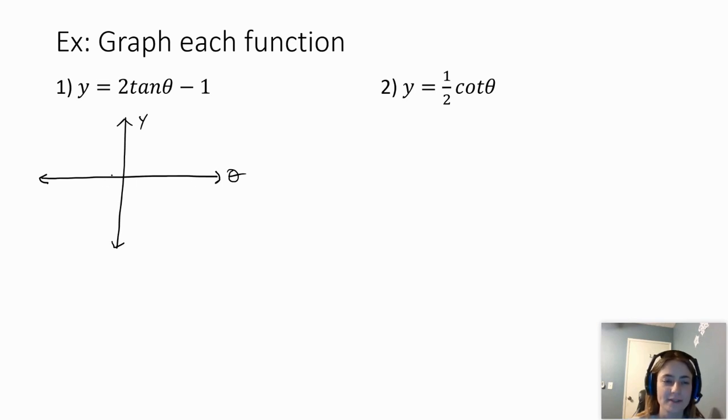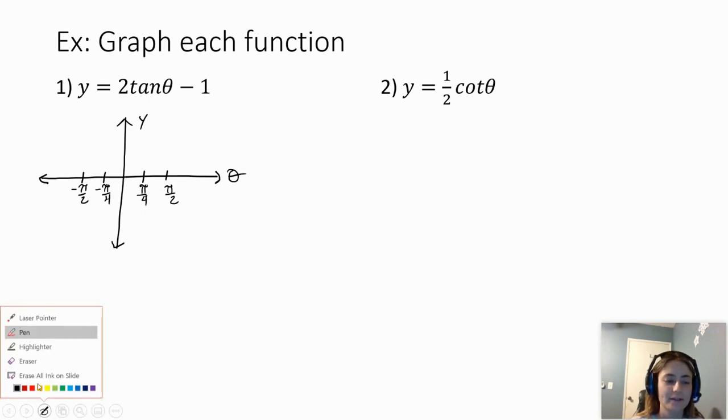The points that we like to look at: negative pi over 2, negative pi over 4, pi over 4, pi over 2. So the midpoint, this k value here,